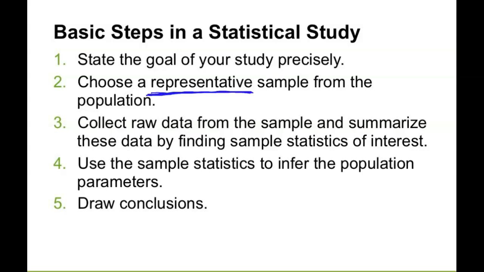All right, once you have your sample though, then you're going to make your calculations, right? You're going to take the raw data, which, if it's who are you going to vote for, that's your raw data. And then you're going to make your computation. So you might go, okay, 52% of my sample said they'd vote for candidate A. There's your statistic.